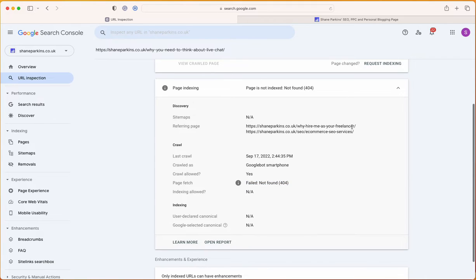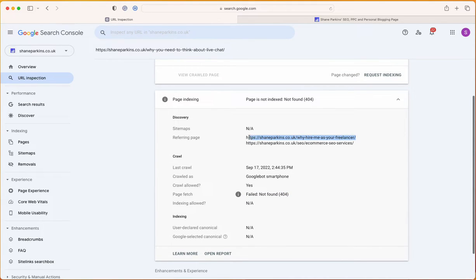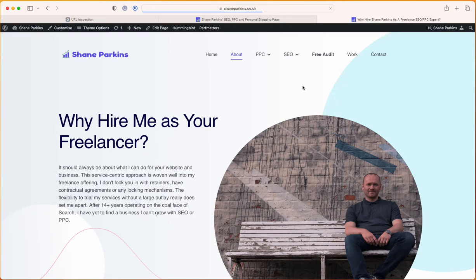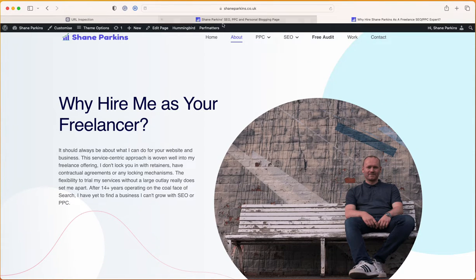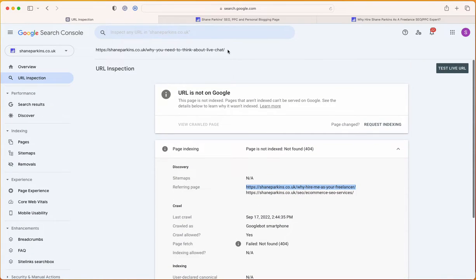So two things that I do. Firstly is I'll look at the URLs that are linking to it. So I'll open these up in a new tab. So this page looks like it's linking to it. How do you find it? So copy this page here,